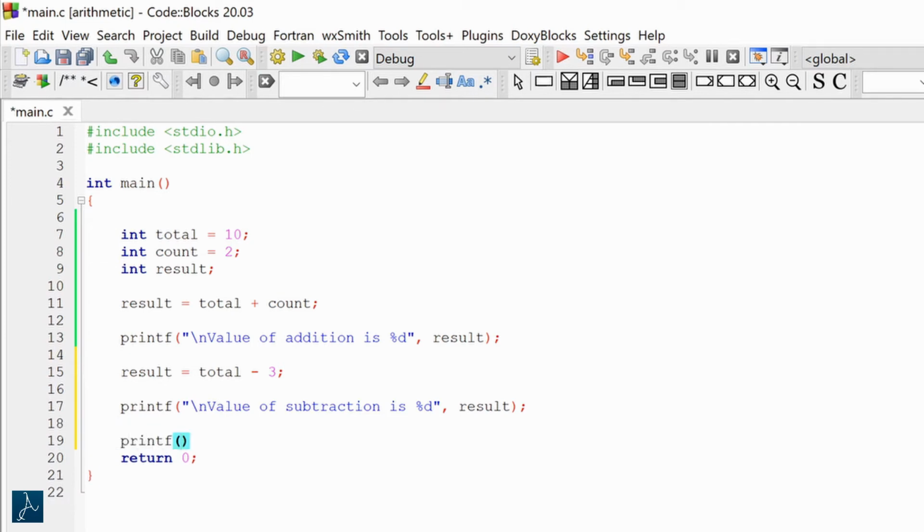Printf in double quotes, value of total is %d, comma, name of the variable total. I will compile and run this code. If you see here,